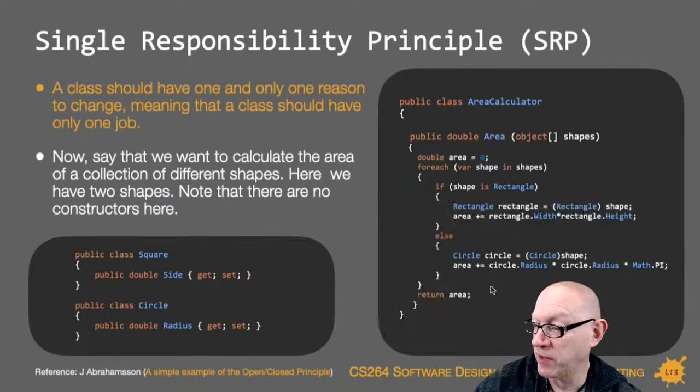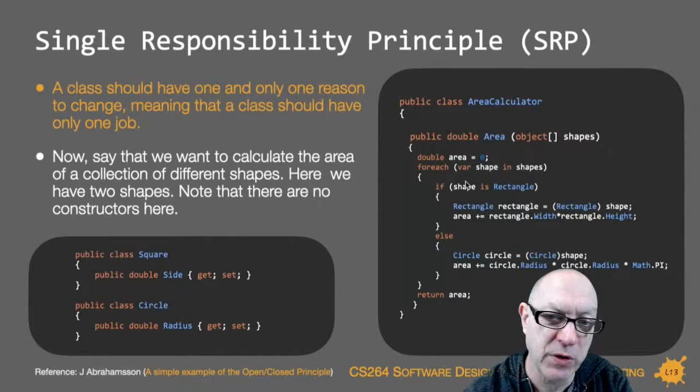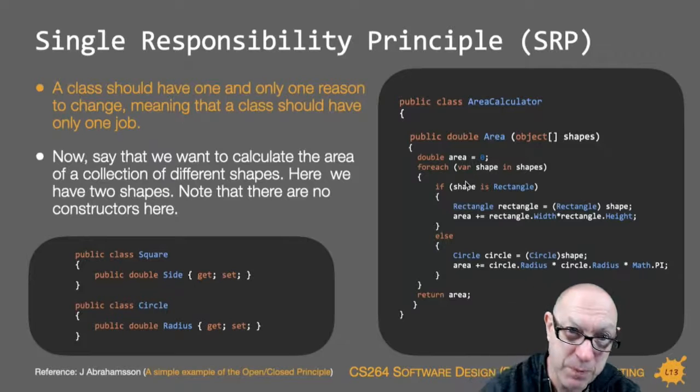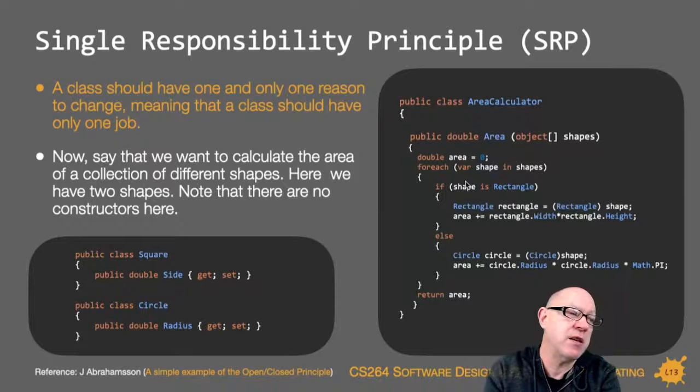If the shape is a circle, we calculate this, and then we return the total area. And you might ask, why are we doing this? What's the story with that? Why would you even consider doing this? Well, you might be building a pattern. You might be